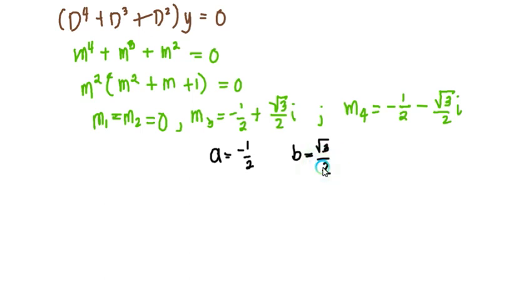Okay, so negative 1 half, square root of 3 all over 2. Okay, so kung isulat siya sa aton nga general solution, this will be equal to, y is equal to,